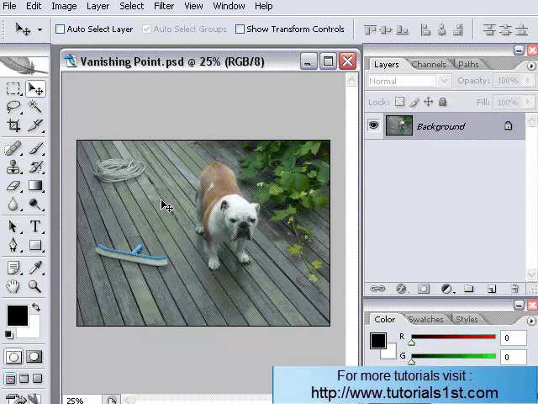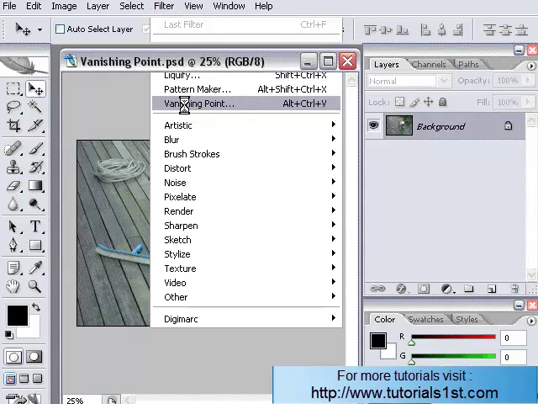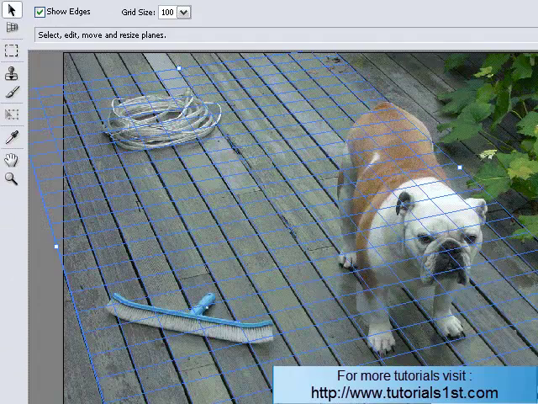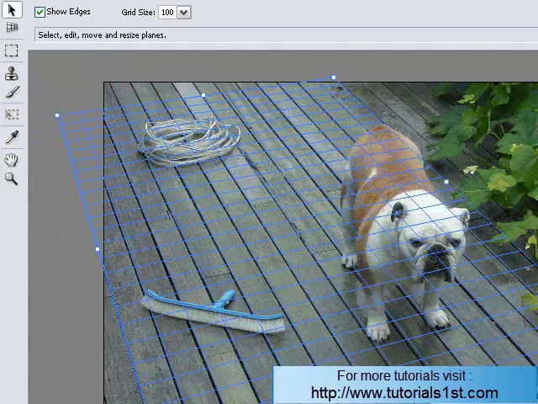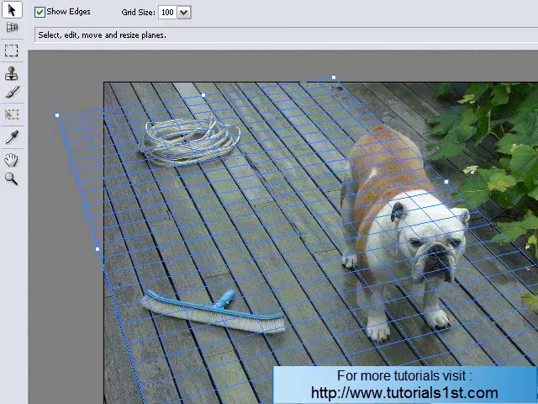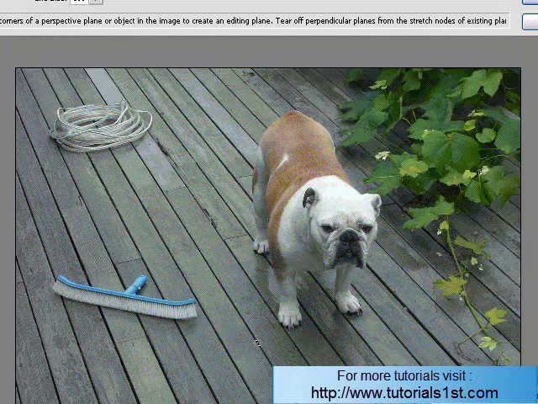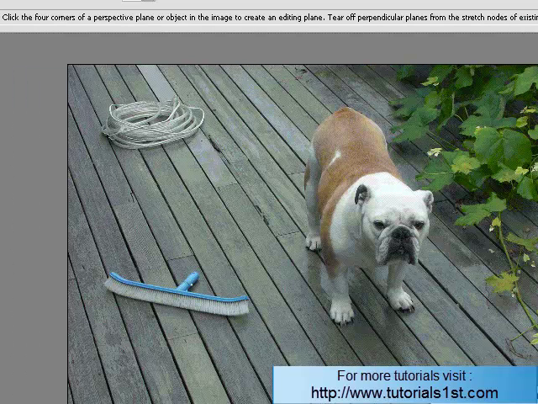So what we're going to do is go into Filter, click on Vanishing Point, and this opens a new window. Let me just scale it down a little bit, just 50%. Unfortunately, I can't move the window so you can see exactly what's happening, but I'm just going to delete the existing vanishing point and I'll show you how it works. Just drag this out of the way,